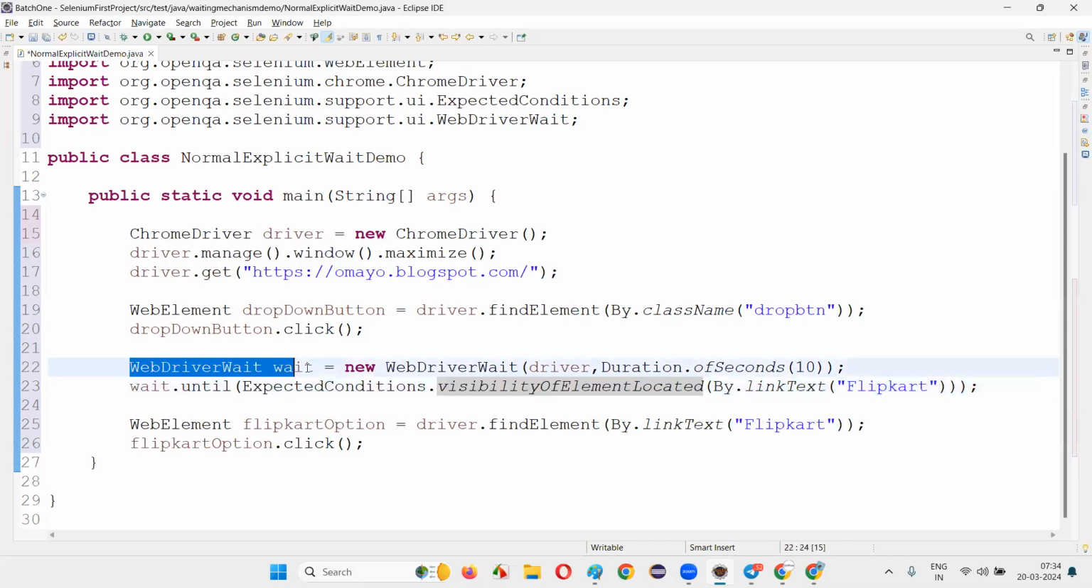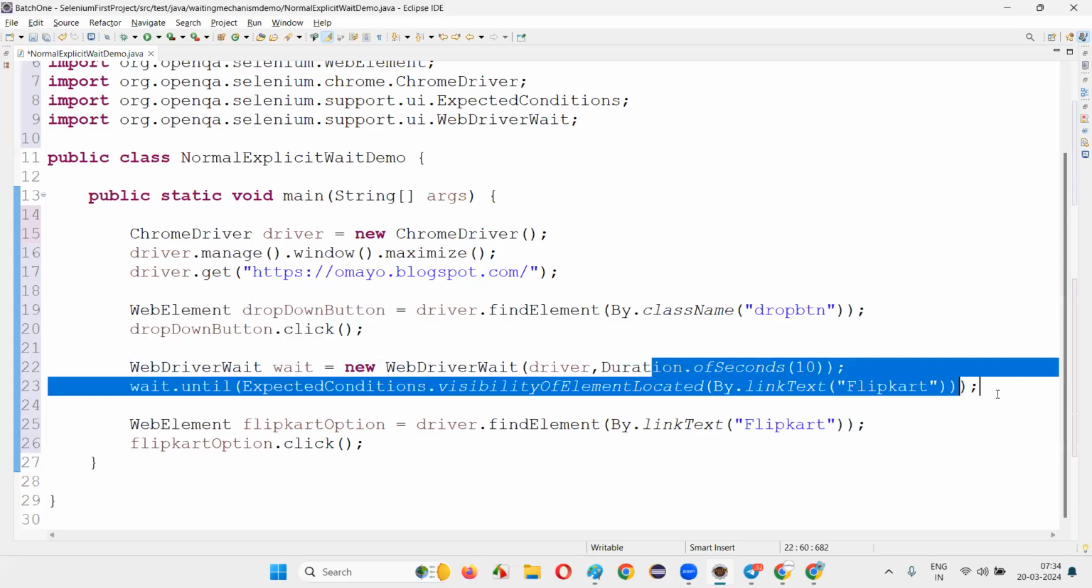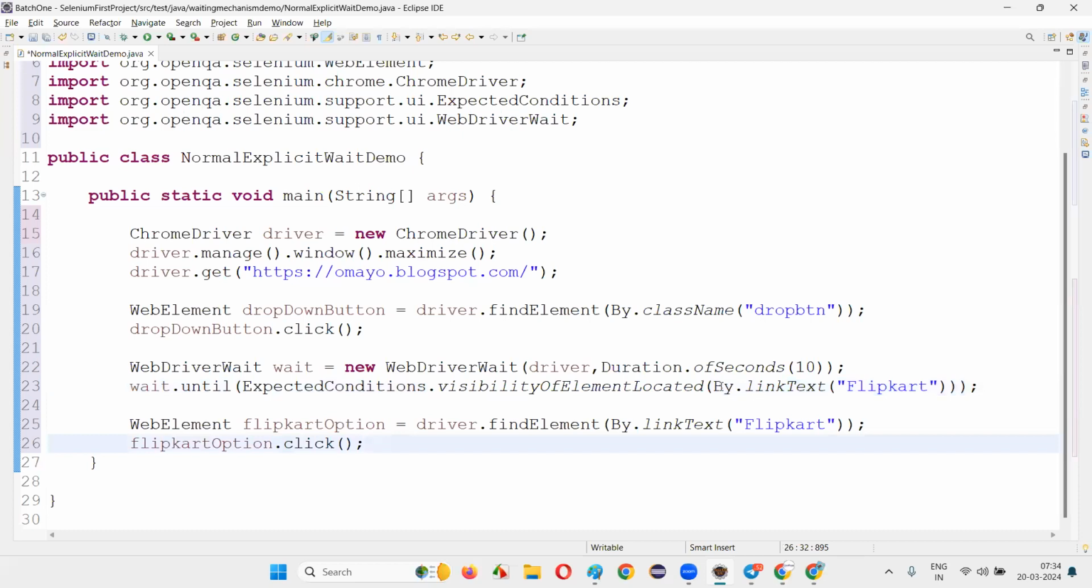So now this WebDriverWait, which is an explicit wait, will wait specifically for the Flipkart option. It will not wait for the drop down button. It will wait only for the Flipkart option because I gave the Flipkart locator in the form of by dot link text. It can be by dot link text, by dot id, or whatever locator the element has. If I run this code,